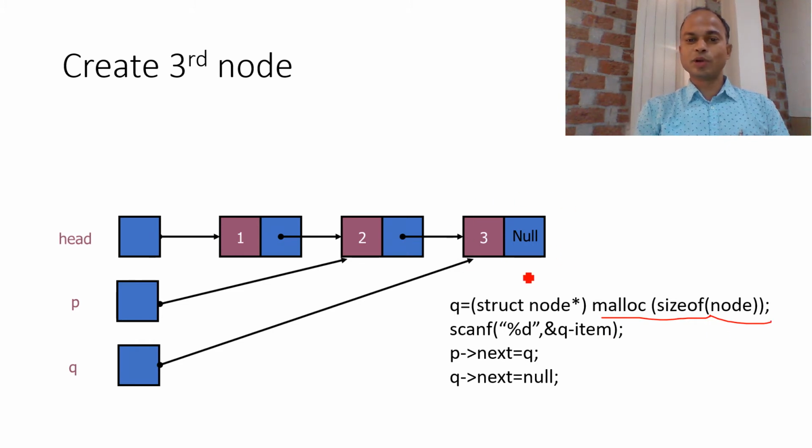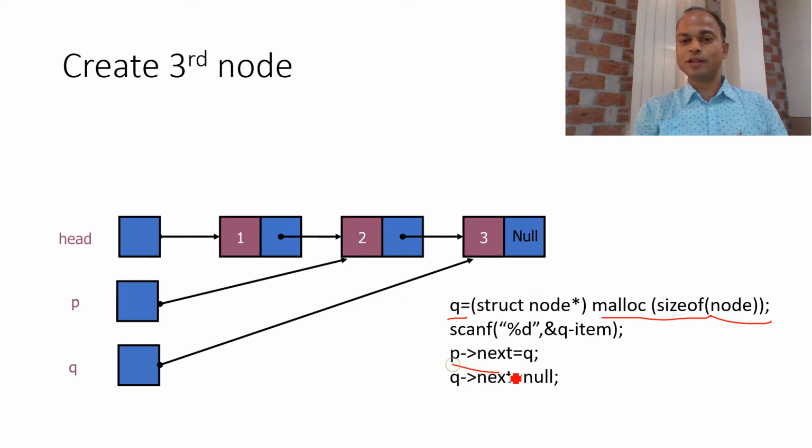So this node is being created and the address of this node is copied into the pointer q. So q contains the address of the newly constructed node, and we have one more pointer, p. This pointer p contains the address of the just previous node. So p contains the address of this node.